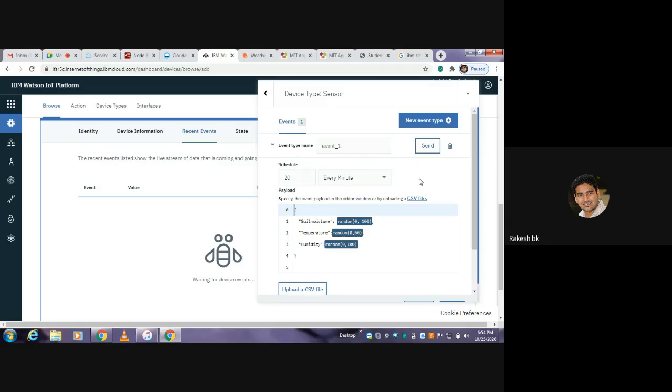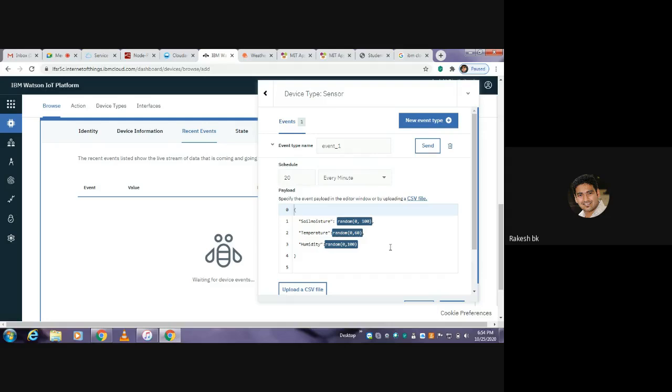What is the number of times that your data is to be reflected or observed from that particular field? For every minute, 20 is the number of times per minute my data has to be extracted from that field. And with this, I do have a payload option where you can introduce what type of sensors you are going to deploy onto the field. So I have deployed a soil moisture, and with the help of a random 0, 100, this is a particular program to be written onto the payload window.